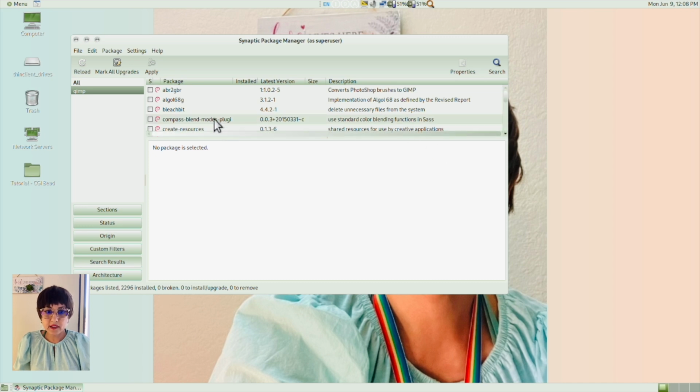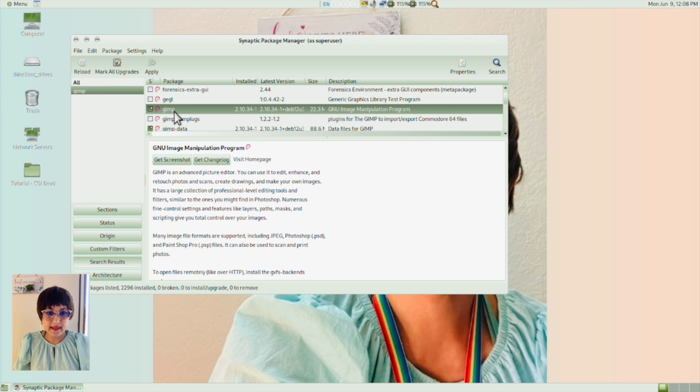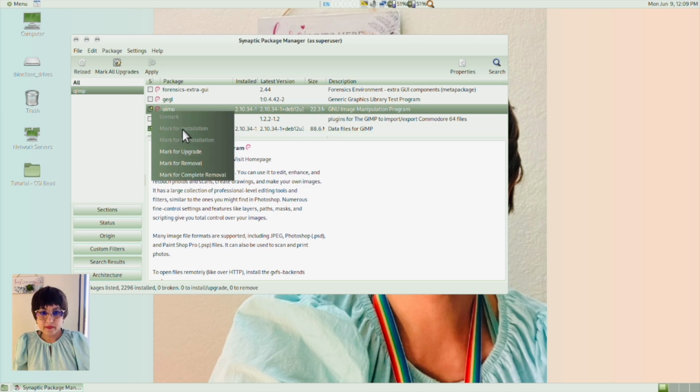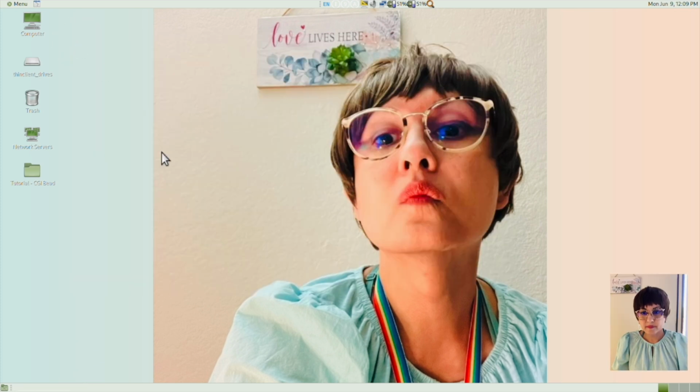But that package manager has access to the repositories, and this GIMP. Click Mark for installation, and then click Apply. Clear as mud.